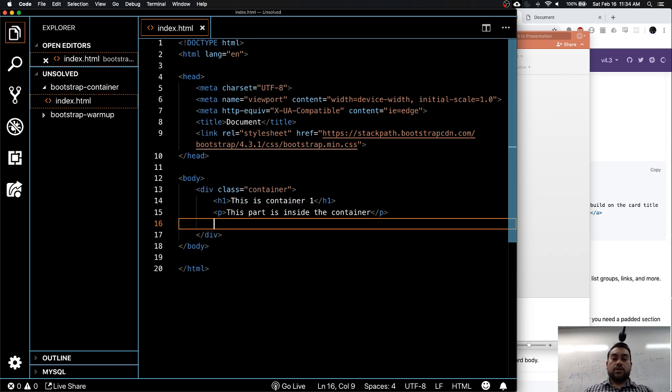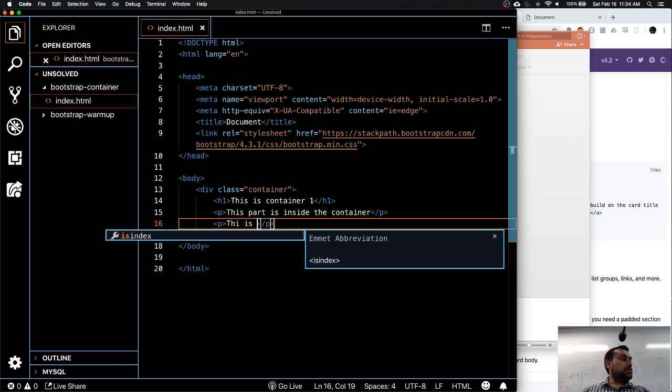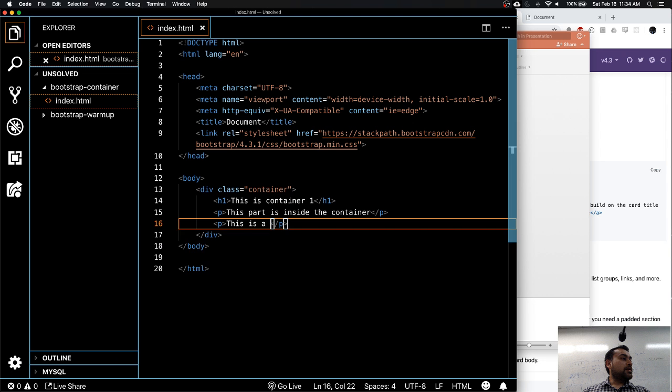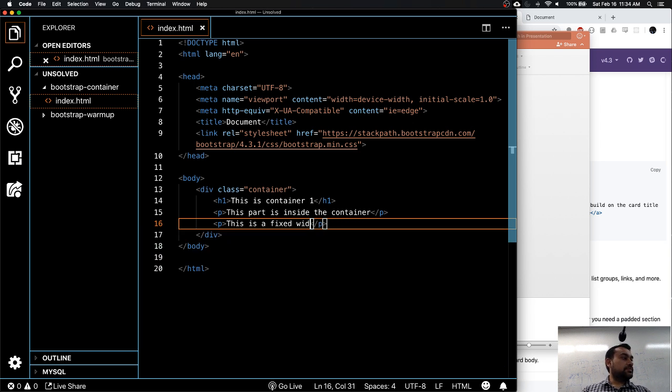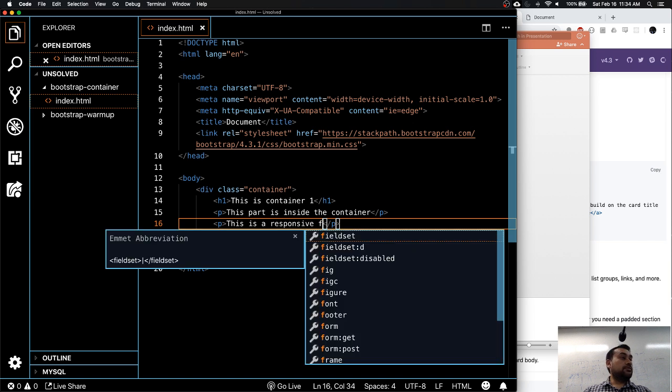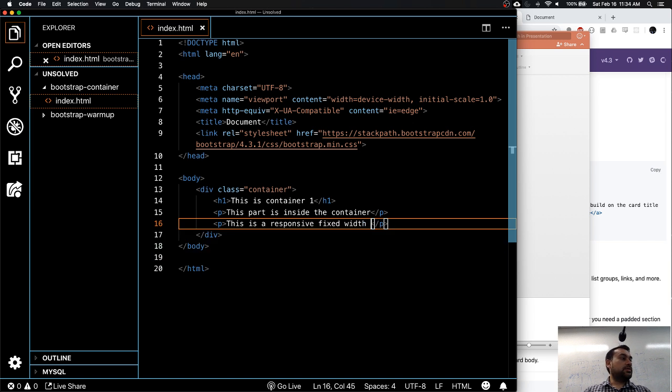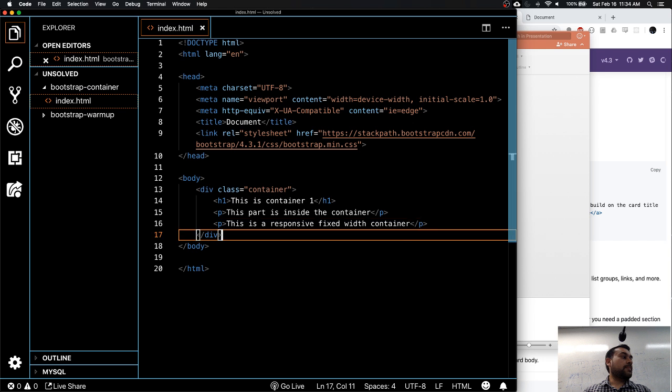This is a fixed width. This is not a fixed width. Responsive. This is a responsive fixed width container.